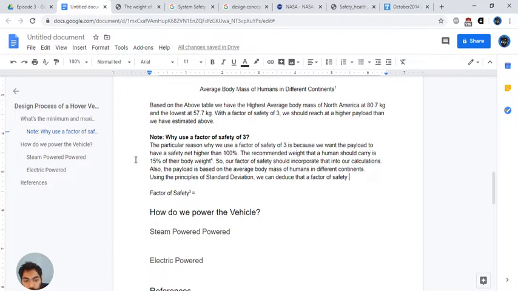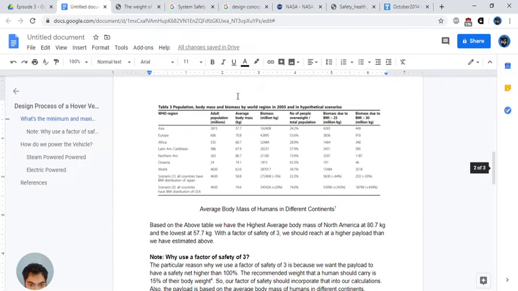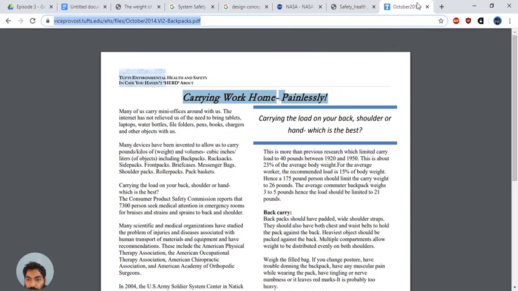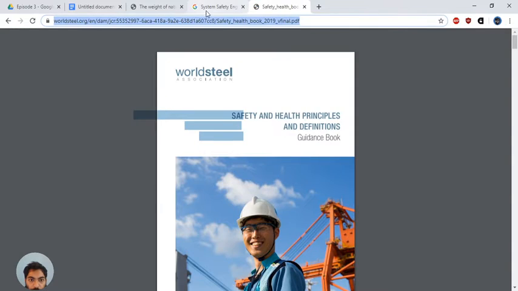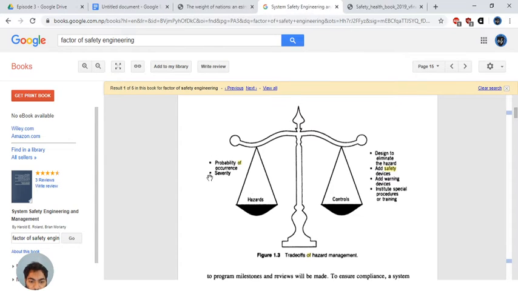So I'm gonna get back to this in one second before I explain to you what this is. So this is based on the average weight, right? So if you look at the standard distribution curve,